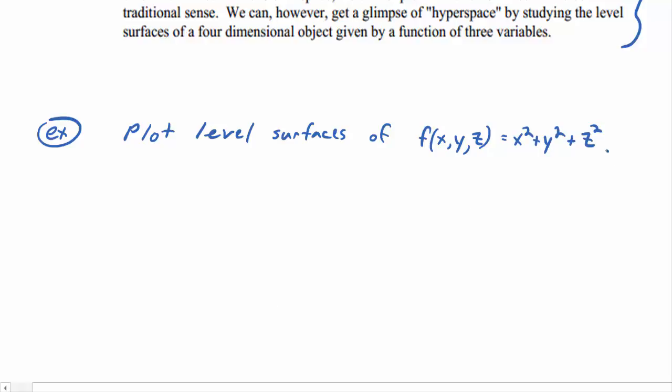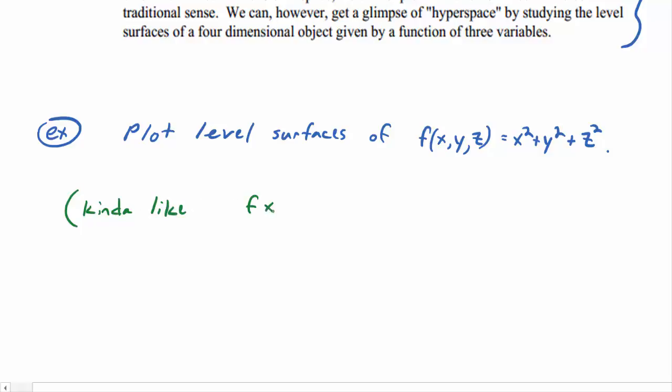So this is a function of 3 independent or input variables. It's analogous to which of our quadratic surfaces? It's an extension of one of them. Which one is it an extension of? So it's, I'll put in parentheses, kind of like